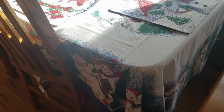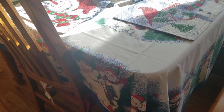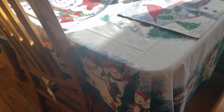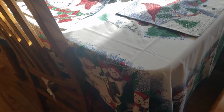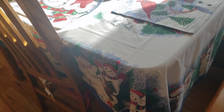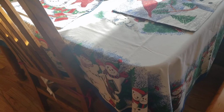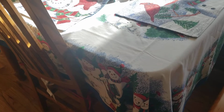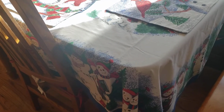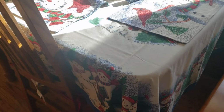And to have those, I think it's Piva tablecloths, where they're plastic, it's just not sustainable. It's not good for the environment. When you are done with it and you throw it away, it ends up in the landfill. So that's just not something that's conducive for me to support. I try to limit as much plastic as we can in this house. Of course, we can't always do that because so many things are made from plastic these days. But we do try to do our part, and I like fabric because I can just throw it in the wash when it gets